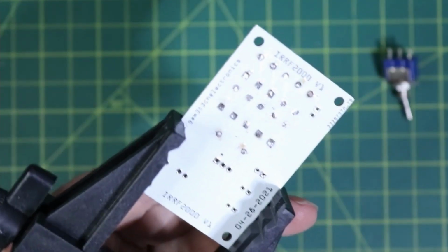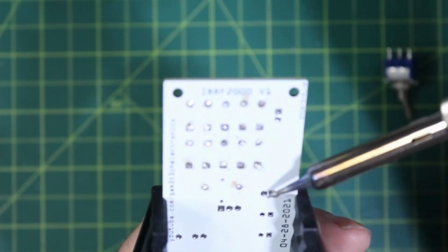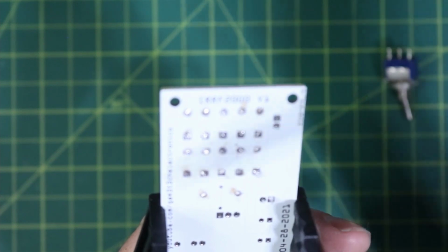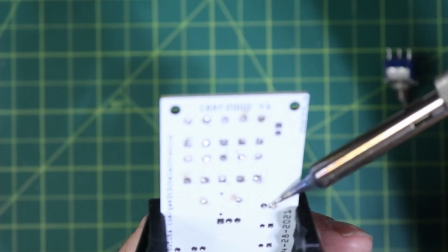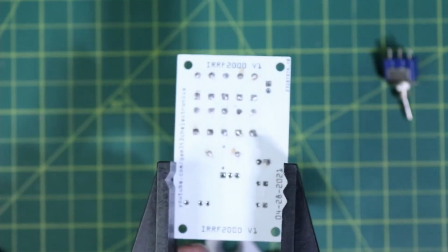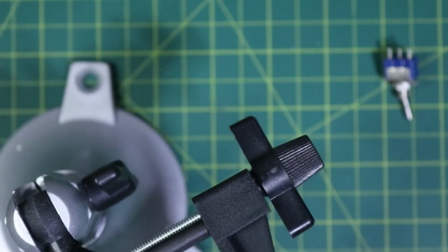Alright, so we don't really need to do any other fine tuning there, so we'll just go ahead, solder this guy in. There we go. Now we can bring that down a bit, and we'll just go ahead and solder that other side now, and then we'll get our LEDs in as well as our, there we go,